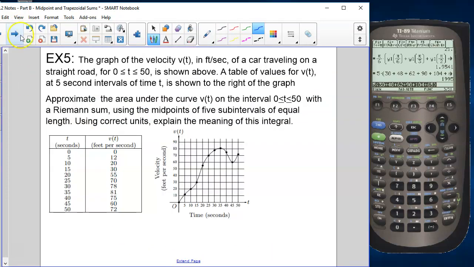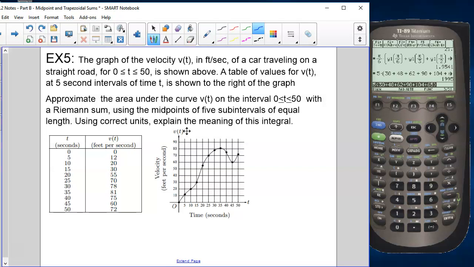Okay, let's look at what this looks like when we do it with midpoints. This gives us the graph of the velocity in feet per second of a car traveling on a straight road for 0 to 50 seconds, shown above. A table of values for v of t at 5-second intervals of time is shown to the right of the graph. Approximate the area under the curve v of t on the interval with a Riemann sum using the midpoints of 5 subintervals of equal length, using correct units. Explain the meaning of this integral. Okay,